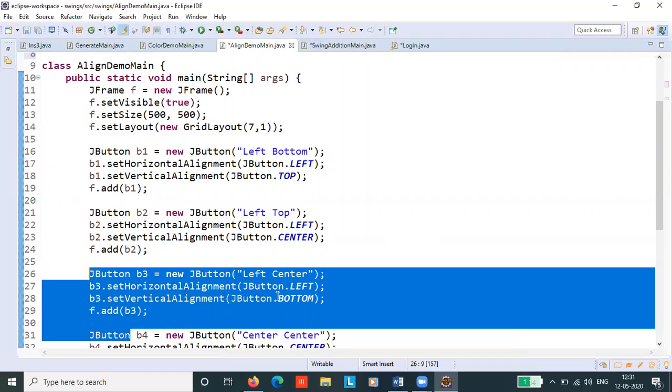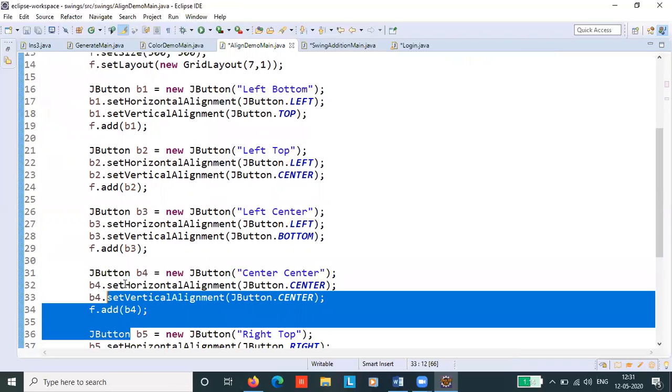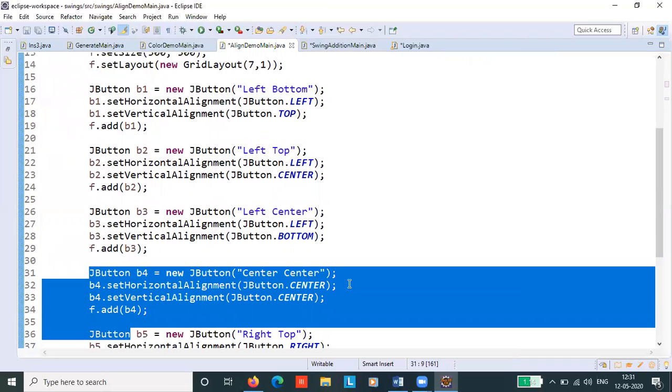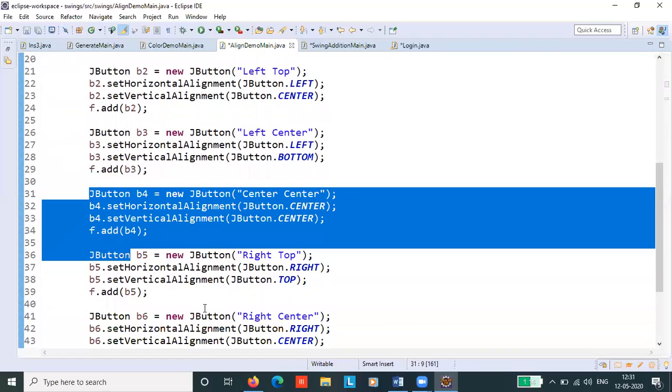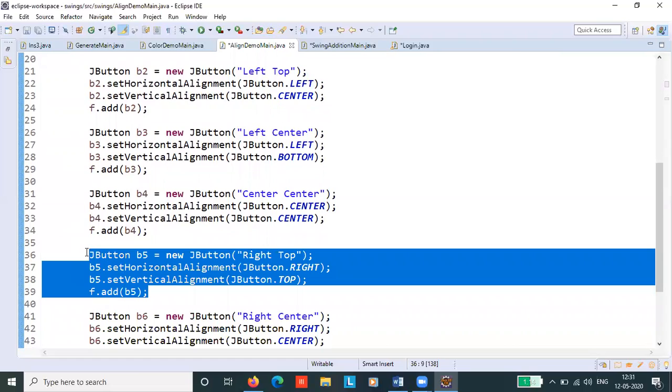So horizontal alignment is set to left, vertical alignment is set to bottom. The fourth button, we have set both the alignments to center. As this program is to demonstrate most of the alignments, we are trying to demonstrate all the alignments possible.